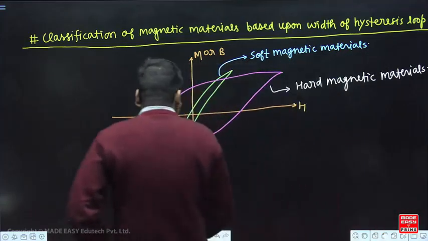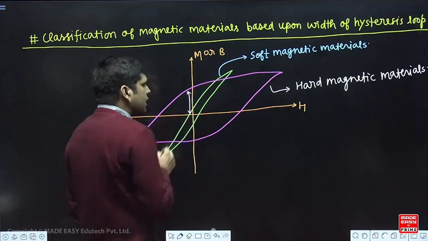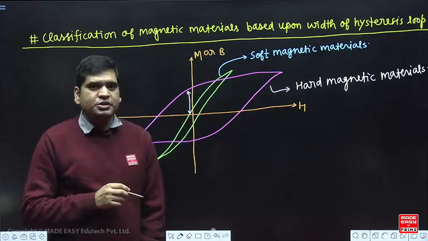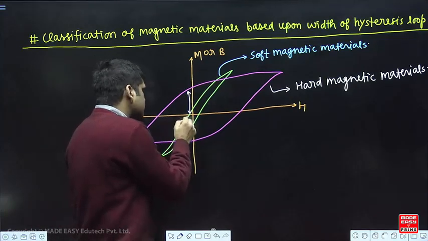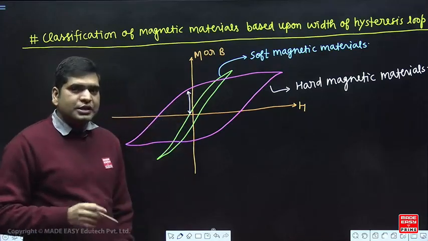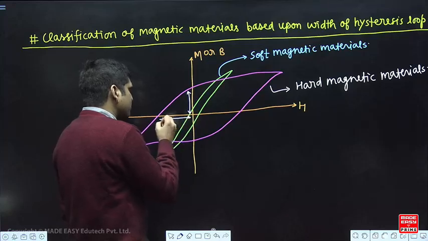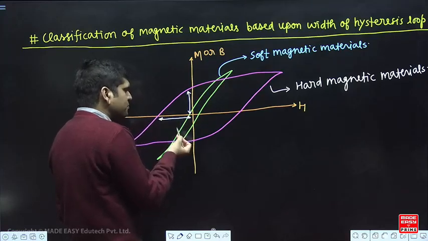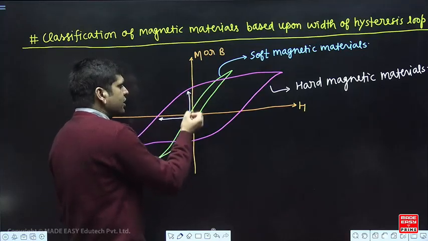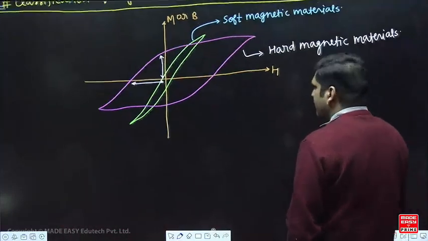This maximum value of the flux which a material can hold, that is known as retentivity, and the maximum value of field required to make retentivity zero, that is known as coercivity. So this amount of field is known as coercivity or coercive field, and this amount of magnetic flux, which we are calling spontaneous magnetization,